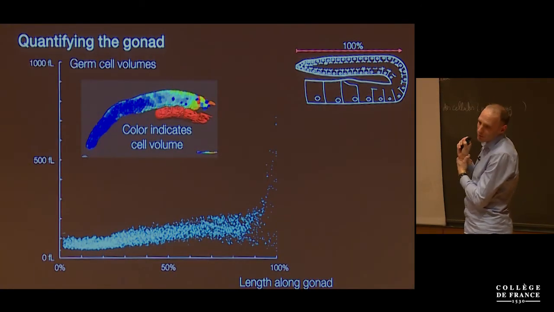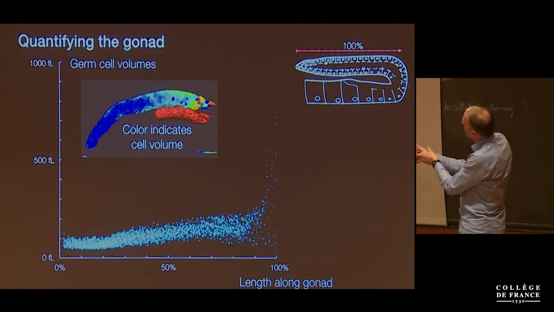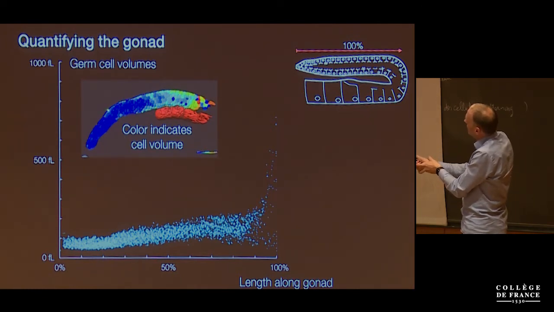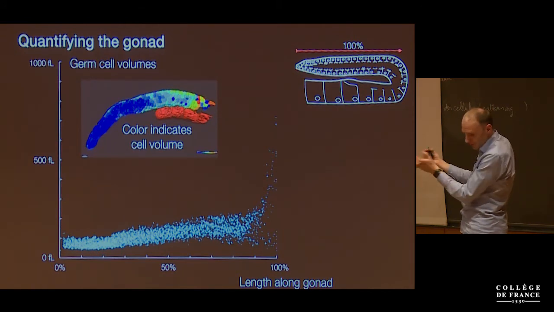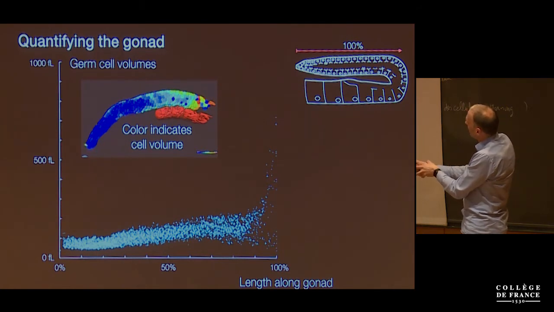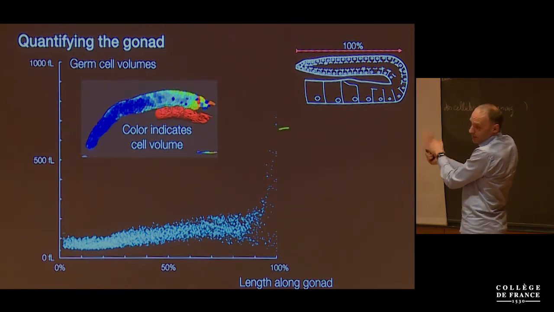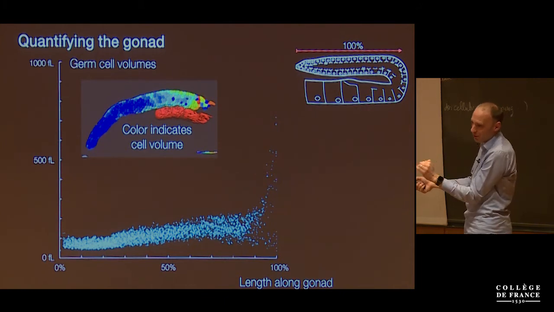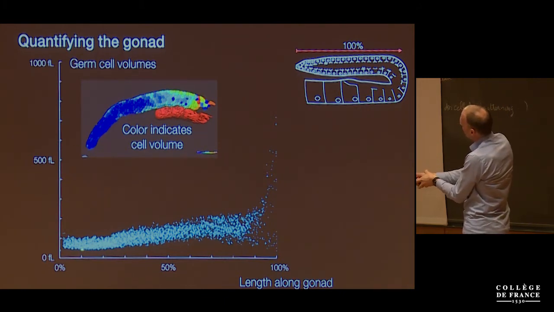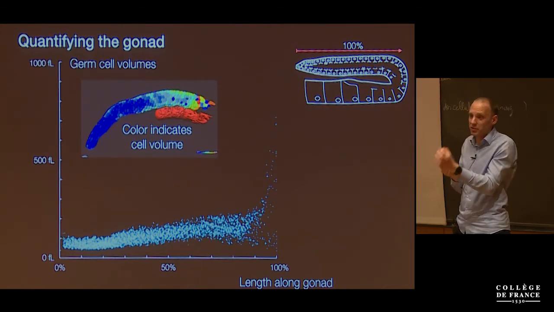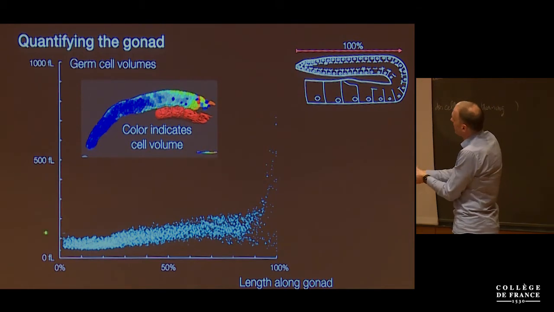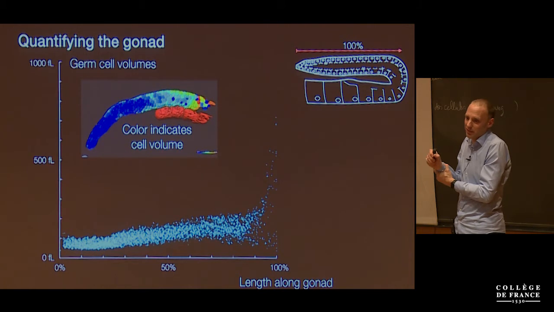So we measured the volumes of all the germ cells, and this is just quantifying the volumes, where the color indicates cell volume. So you see they're small here, they get brighter here, and then in this apoptotic zone, the colors jump around. So if we now introduce an axis which goes from the distal tip to this turn, okay, from 0% to 100%, we'll just investigate the system up to the turn. It gets too complicated with the turn, okay? And what I'm plotting here is from, I think, about 10 worms, the volumes of individual germ cells in cubic microns or femtoliters, okay?